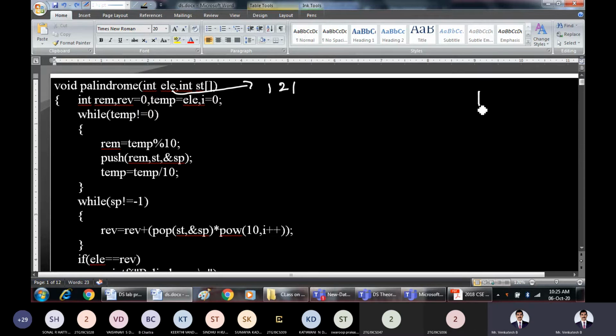For that purpose, I will use one stack here: 0, 1, and 2. So this is ST. This is the stack which is given to us. That is, ST is the stack. Top points to -1.